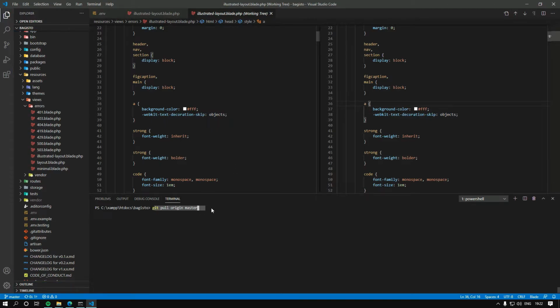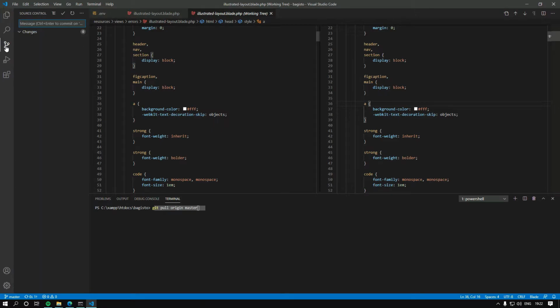You will see all your changes and conflicts here in the source control tab. Okay. Now you have to remove the conflicts that will appear here. So for me there are no conflicts right now as I have not changed anything in any of the files, but you will surely get conflicts and your changes will appear right here. So you have to remove those conflicts and merge your changes.